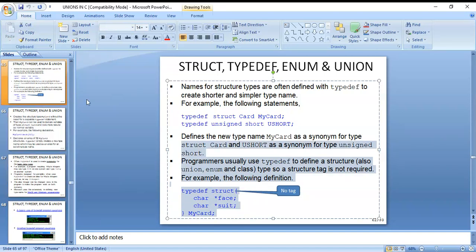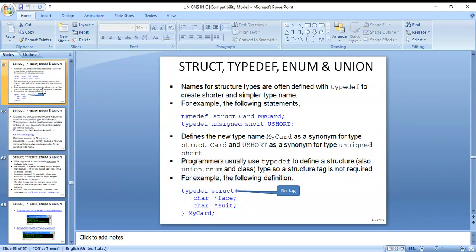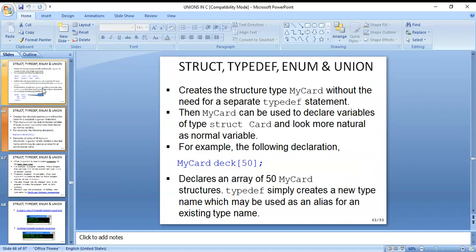This creates the structure type MyCard without the need for a separate typedef statement. Then MyCard can be used to declare variables of type struct Card, and they look more natural as normal variables.